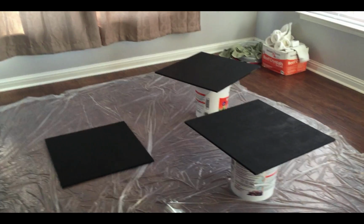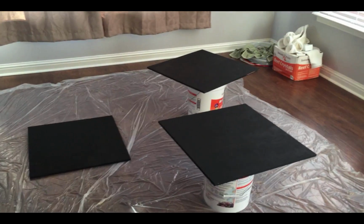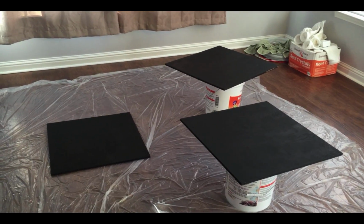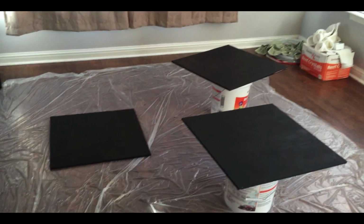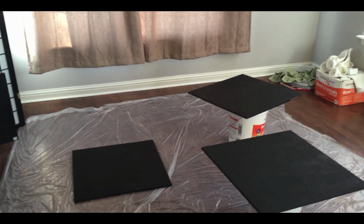Hi guys, so this is day one of the fish closet build out. What we're looking at here are three 2x2 oak panels that I picked up from Home Depot, or Lowe's, sorry, just painted them black, and these are what I'm going to use as the panel boards to mount my electrical components and controller components of the fish tank